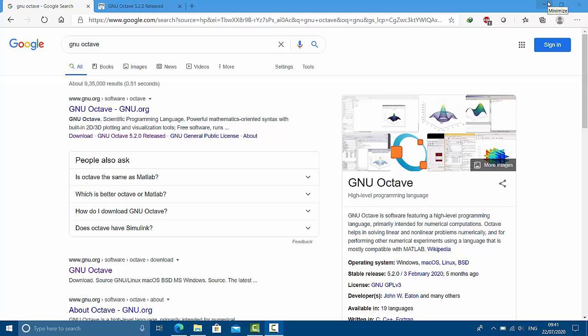Hello my dear friends, today we are going to see what is the use of Octave GNU and how to